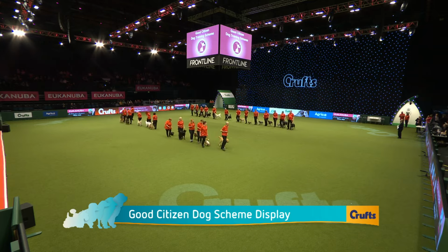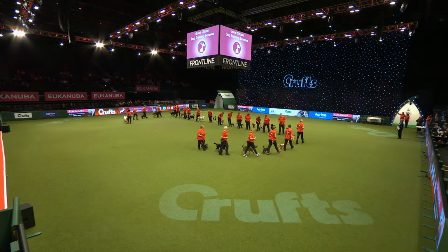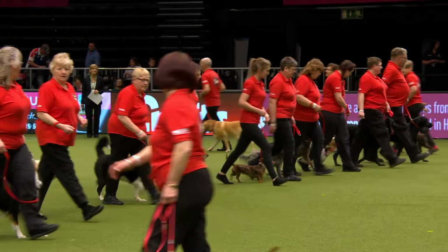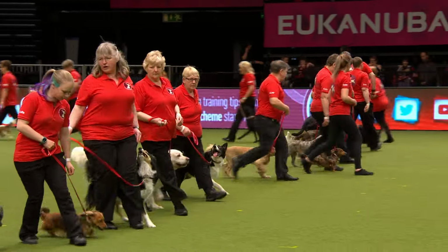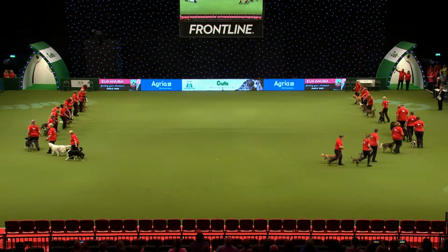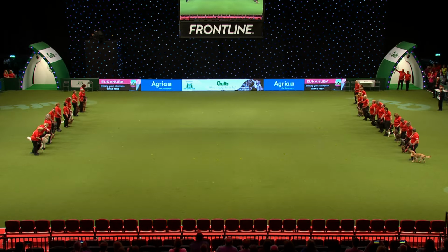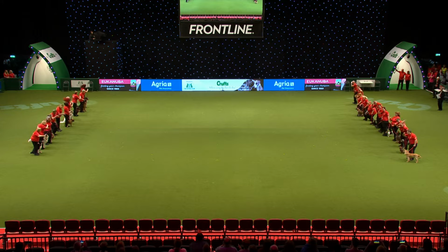This from Envoy's Corridor, I think. How many circuits do the handlers get to memorise the course? Here at Crufts, it's not as long as you would get in a normal show, and it very much depends on how the programme is running. But they will normally get about 10 minutes, and unusually here at Crufts and all the major finals, you will